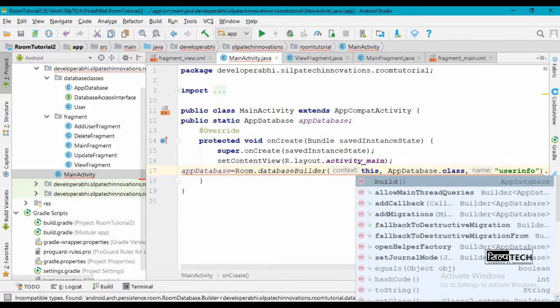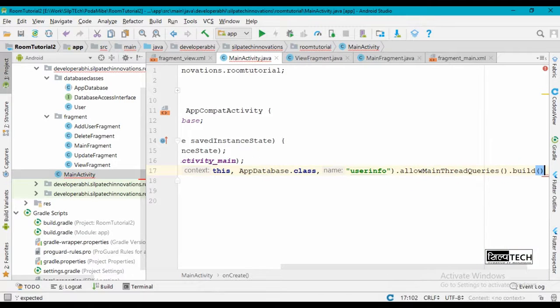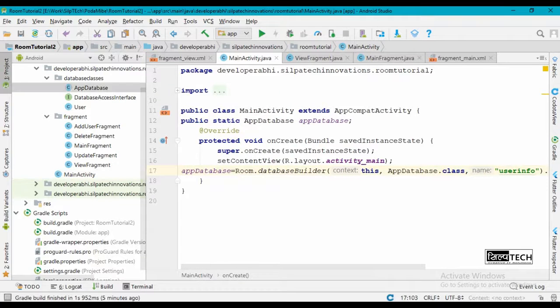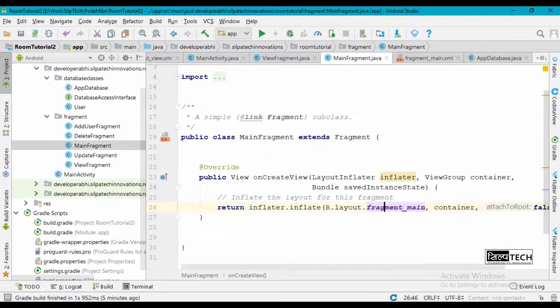The operations inside the room database cannot be run on main thread or the UI thread. So here we are not going to create a separate thread for that, but we are going to allow it to run on main thread and finally build. So yeah, this is done. Also I'd like to remind you that inside app database in this class I've extended this class to room database. All right, so yeah, now in main activity